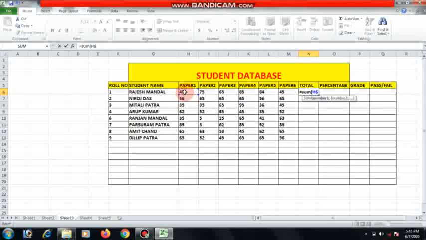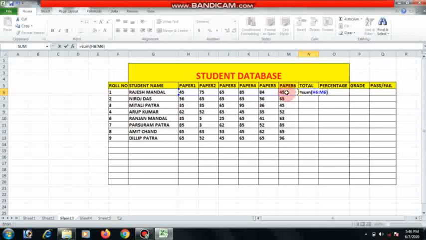First cell value, means first cell address B6, to last cell value. Then close the bracket. Here, suppose a group of cell addresses in a series of line is called a cell range. So it is called B6 to M6. That is called cell range, means a group of cell addresses or group of cell values.